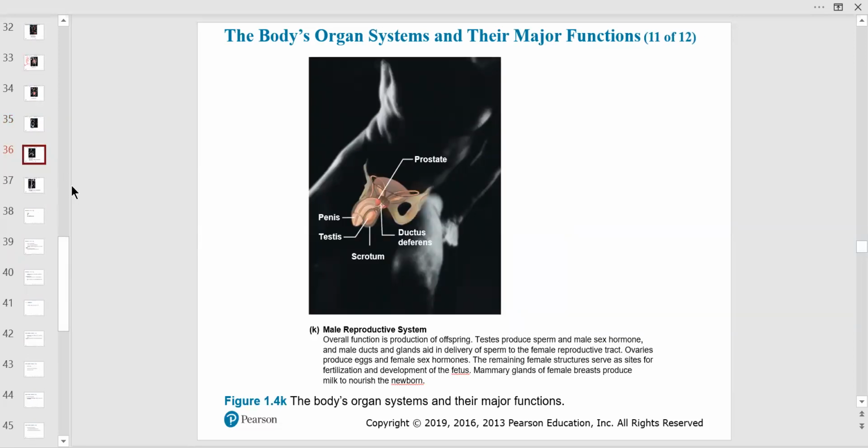Reproductive system, again, we don't do that here in this section, right? We don't do that. So I'm not going to talk a lot about it, but of course we're going to talk about the hormones. We're going to talk about how the nervous system affects the reproductive system and so forth and so on, all right, and some of the parts.